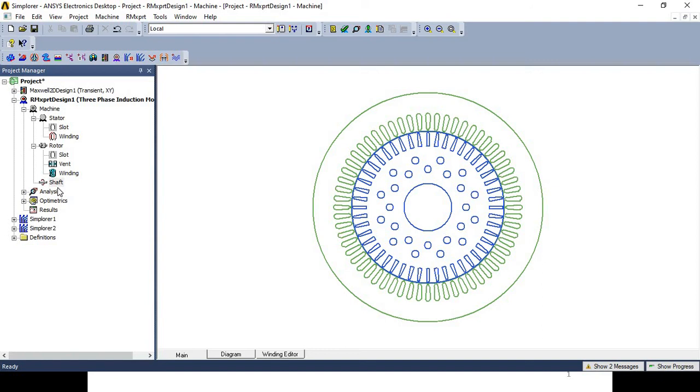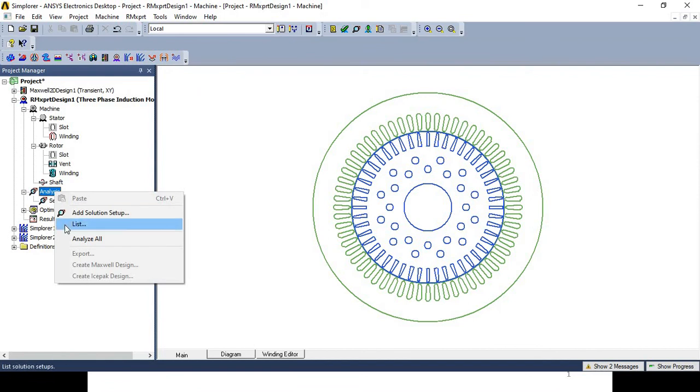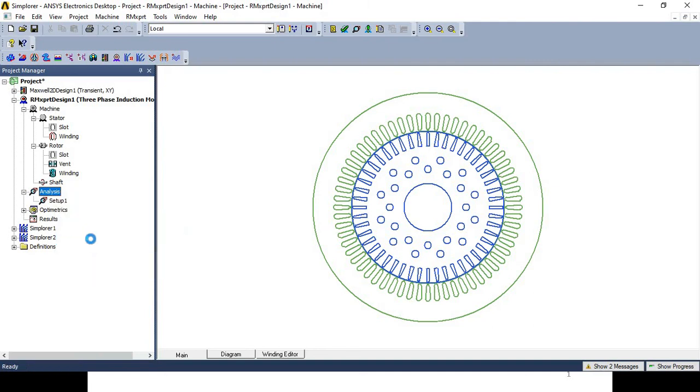Now the remaining procedure is same for all the RM Expert machine designs. That is, we have to analyze our design, then we have to validate our design. For validating or analyzing our design, first of all, I will right click on the analysis and I will select the analyze all option. It will take